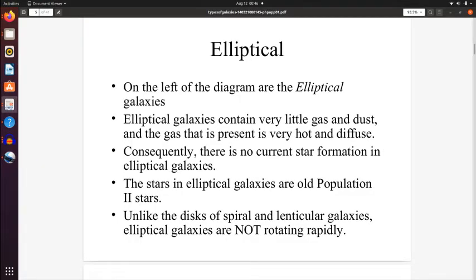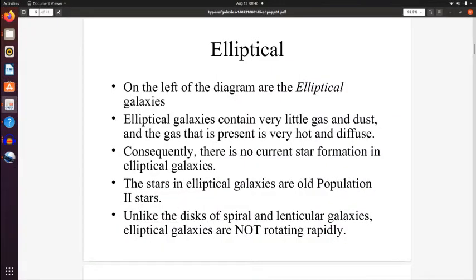That means the center of the galaxy is brighter than the outward surface. Apparent shapes range from almost circular to curved elliptical galaxies. He classified E0, E2 type galaxies as nearly circular, and the curved ellipticals are E6, E7 type galaxies.